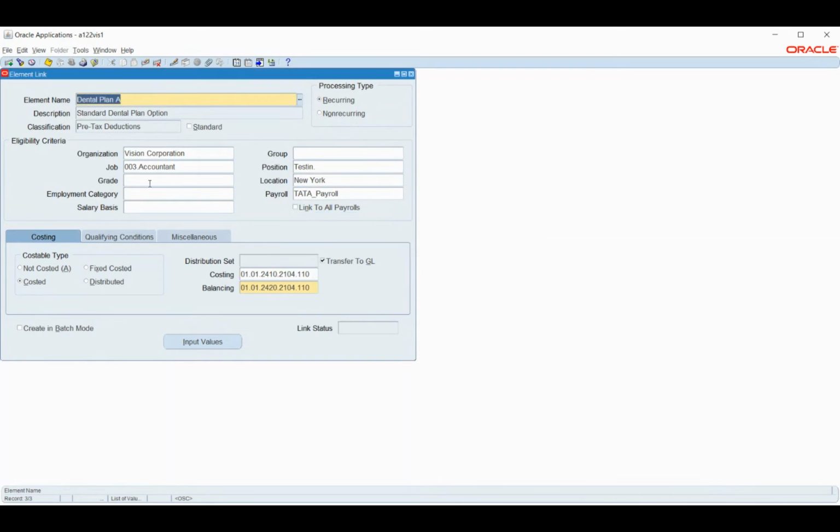Okay, I think probably this is assigned to multiple people, so that's why it's saying this.